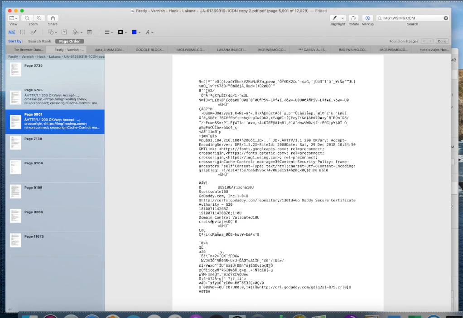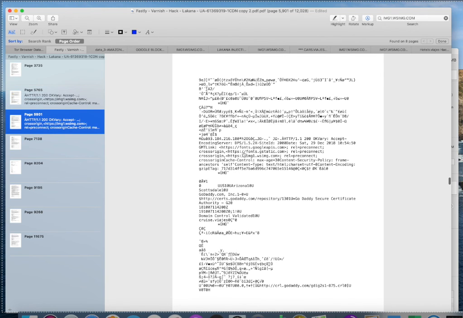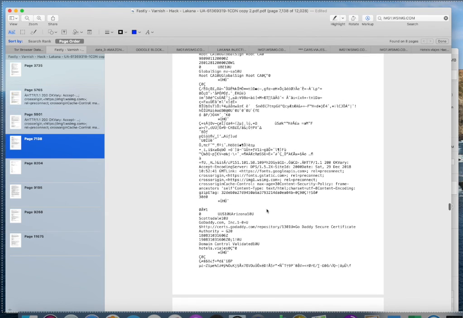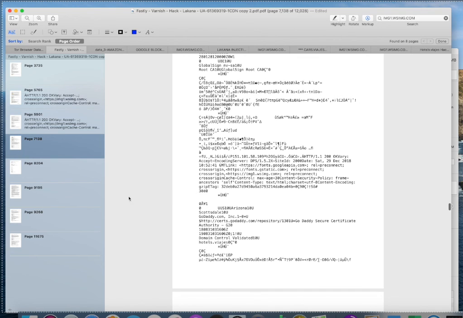This is cruise.viajes, my domain. GoDaddy's attaching the root certificates and giving the root certificates to FASTLY, EXPEDIA, LAKANA, Akamai, and I've shown you images on that already. Here is hotels.viajes and the IMG one.